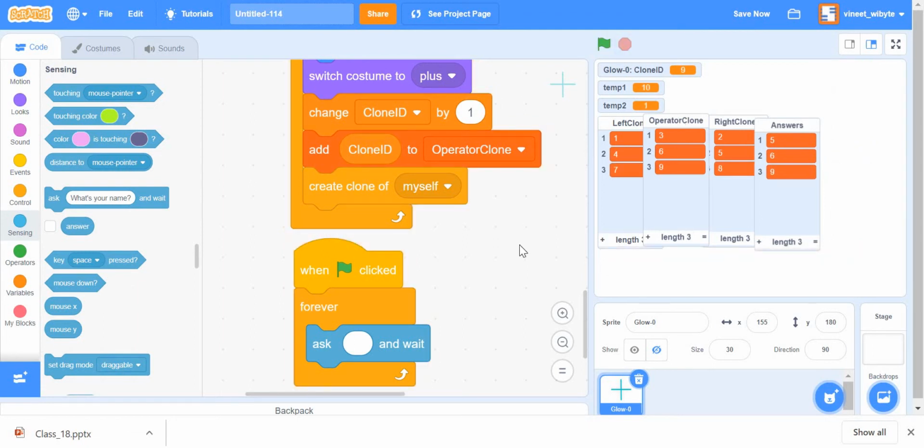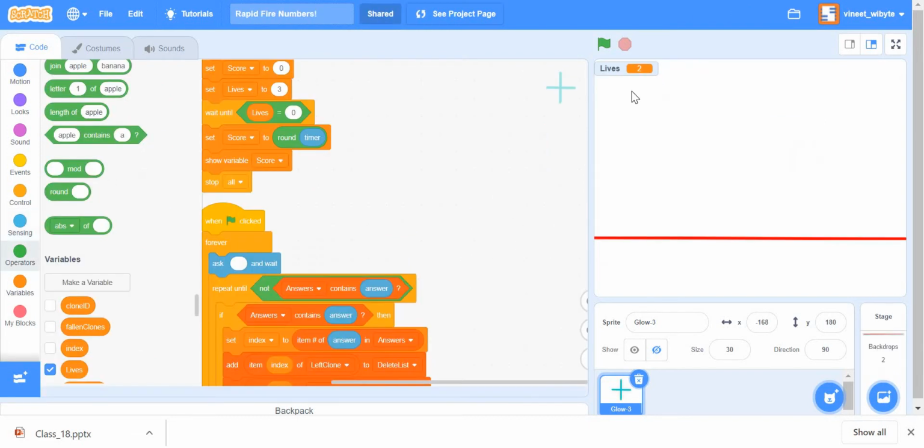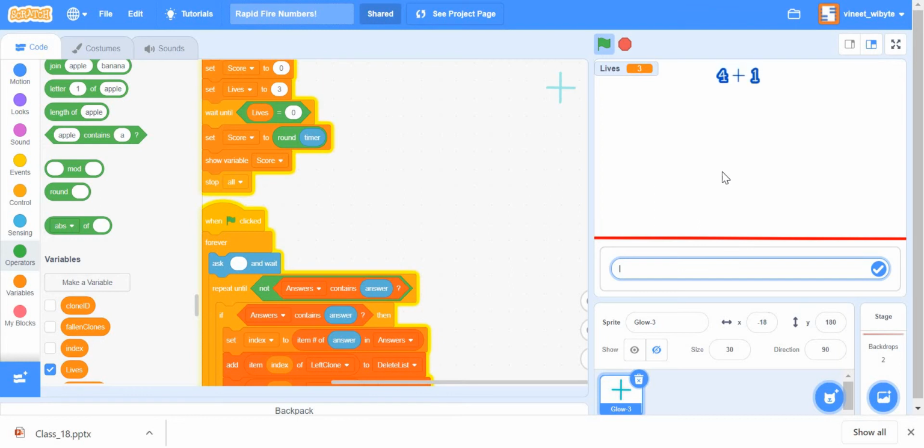Now what we want to do is answer any one of the questions that is being thrown towards us. So for example, when I click this, I've got 4 plus 1 is 5, 4 plus 8 is 12. I can answer either 12 or 5. So if I do 12, and so on and so forth, right? I can choose to answer whichever question I want. So 4 plus 6 is 10. I can answer 10, then I have to answer 11, then 12, and 10 again, say 15, and so on and so forth, right?